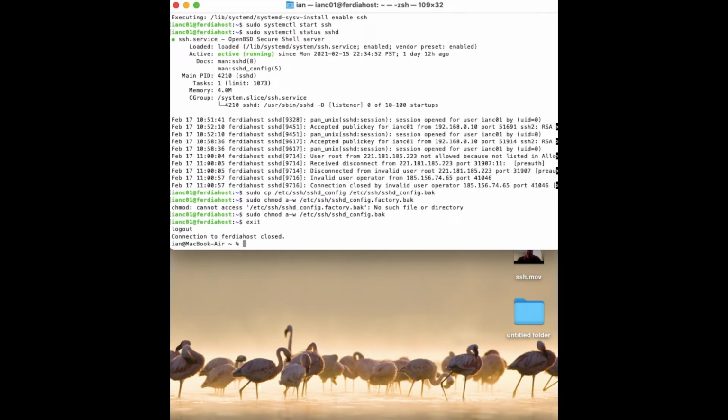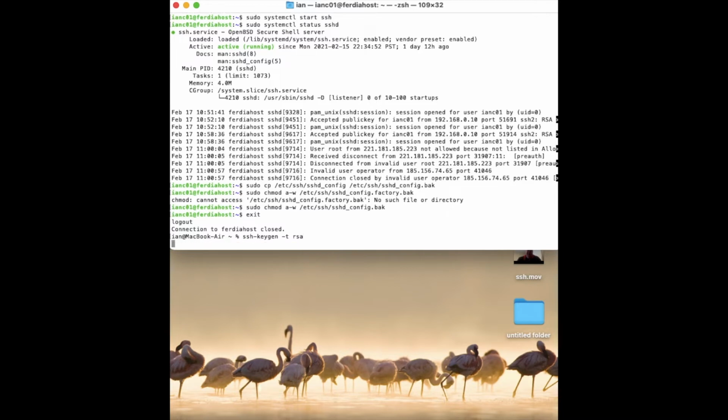Now, what you want to do is get onto the computer that you're going to be doing the SSH from. In that case, that's my MacBook that I'm going to be running from. So first thing that I'm going to do is SSH. We're going to create keys, and this is a more secure way of logging into SSH instead of having to do your passwords. So ssh-keygen -t rsa,